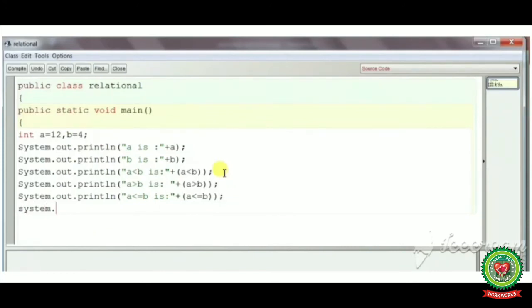System.out.println. The next operator is greater than or equal to. A greater than equal to b is, double quotes close plus, in the round bracket we will write a greater than equal to b, two round brackets close, semicolon.